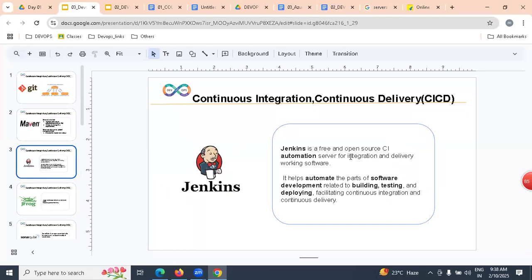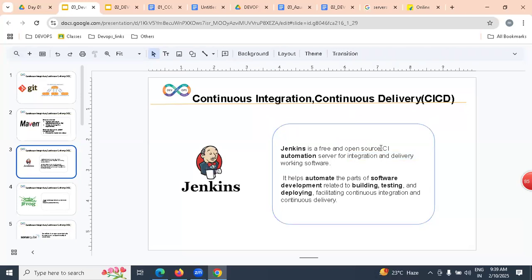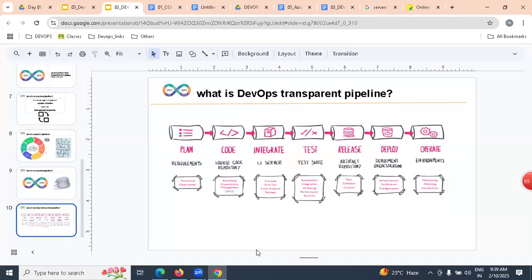With Jenkins, we can do continuous integration and continuous delivery. By helping of Jenkins, we continuously integrate, making working software, and continuously deliver it to where? To the release.